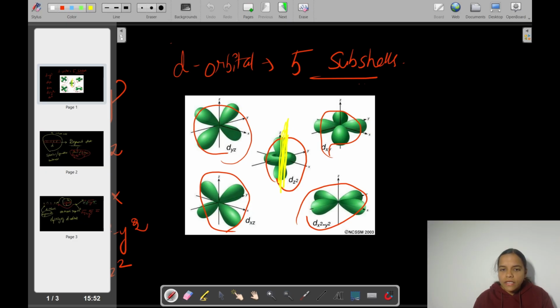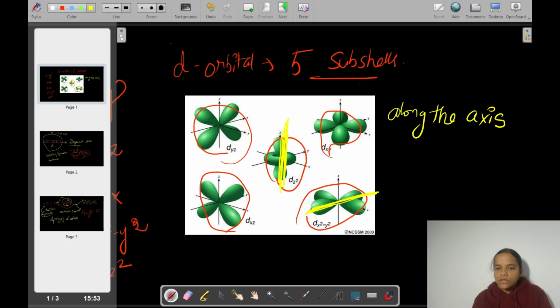When the interaction is happening along the axis, the repulsive effect is quite higher and leads to higher energy in the case of dz square and dx square minus y square. Here also the ligand interaction happens along the axis. Because of this, these two orbitals end up in the higher energy level,